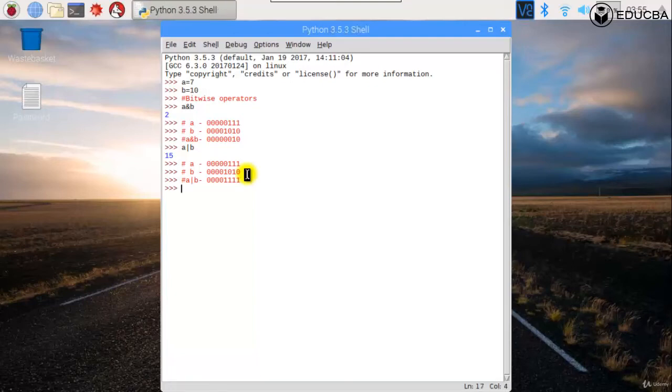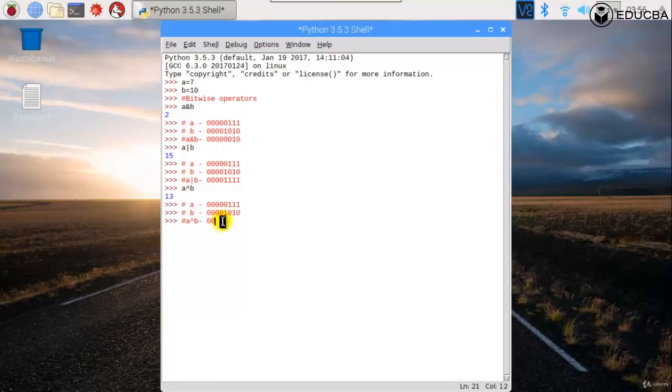Now, so we got A or B. Then you have another operator called as A XOR B. Now, what is A XOR B? Again, if I copy these two things out here, copy, A XOR B, that's going to be given as 0 XOR 0 is 0, 0 XOR 0 is 0, 0